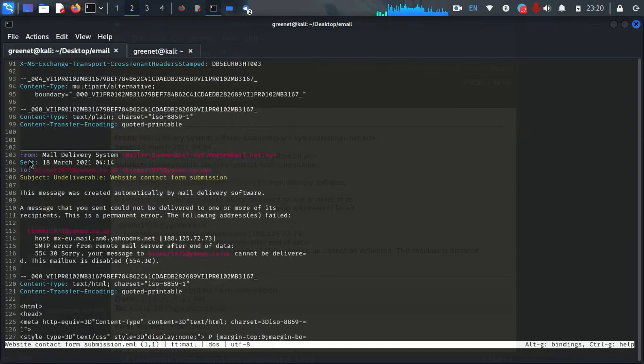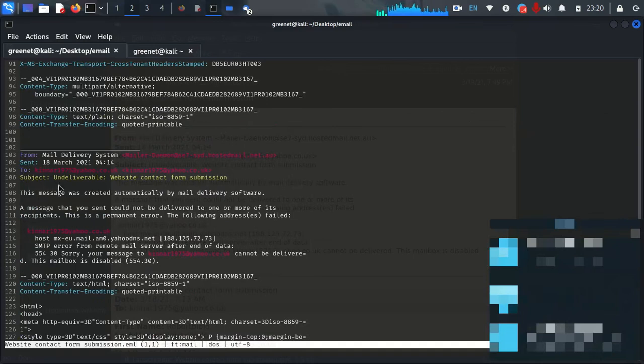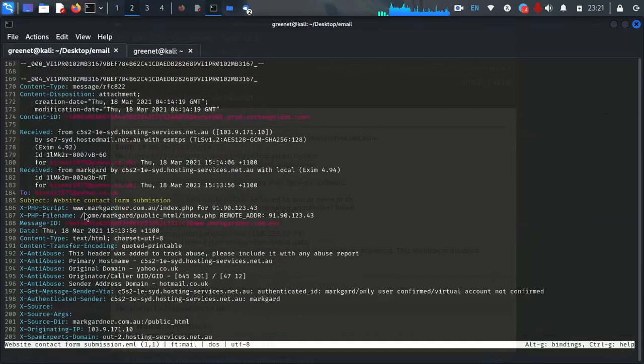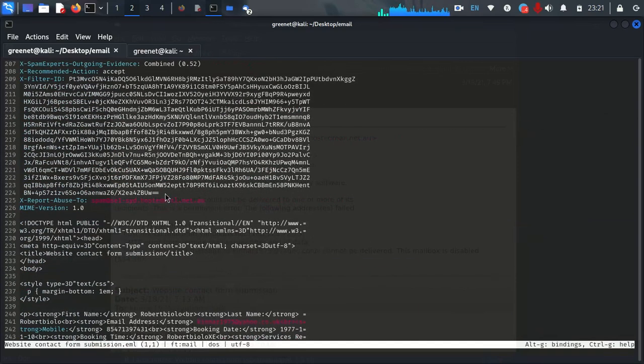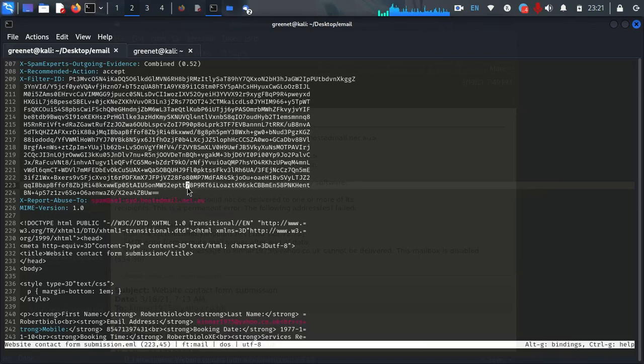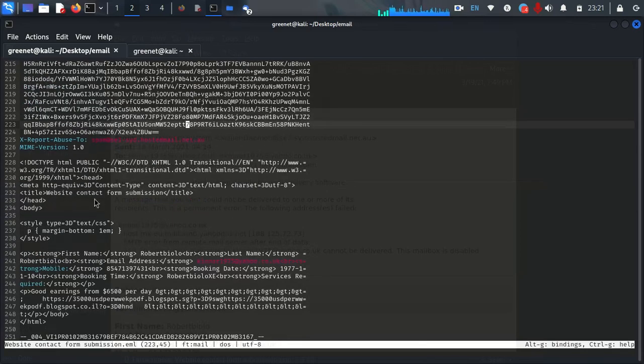So you see here we have the from, the sent, the to, and other things that you can look at. But we can move down further. We see some encoding of base64. Let's go down and we see some